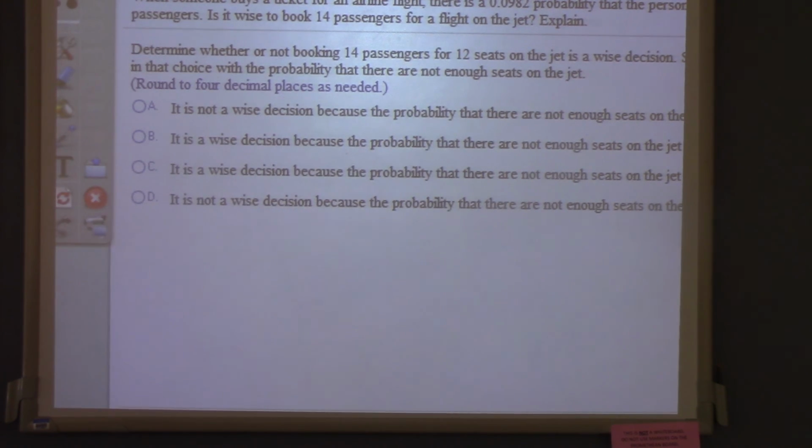Oh, I was hoping that one wasn't on there. When someone buys a ticket for an airline flight, there's a 0.09 probability that the person will not show up. A certain jet can seat 12 passengers. Is it wise to book 14 passengers for a flight? So we got to find, is this where we add 14 and 15 up or something like that? 13 and 14, ain't that what we did? Yeah, I can't remember. Use 14 as your N. Yes,